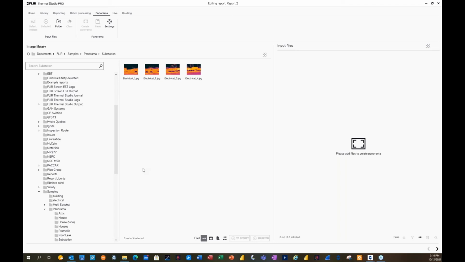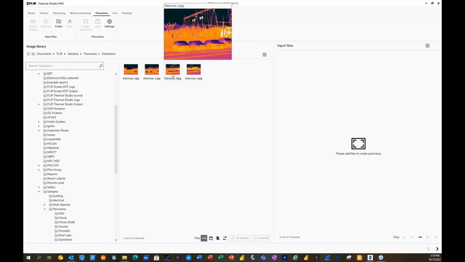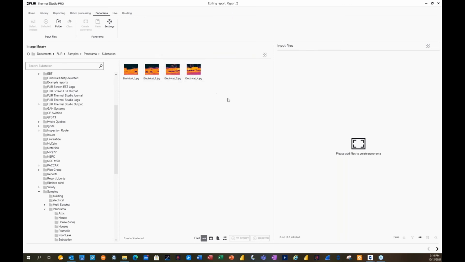If you don't have the panorama capability, you're exiting one image, taking a spot measurement, going to the next one to check, and then manually doing all these inputs in an Excel file, on paper, whatever the case may be. With the panorama functionality, you choose the images